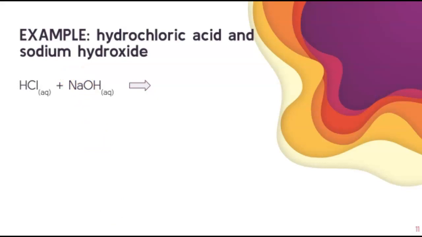Okay, so as it turns out, neutralization reactions are just a type of a double replacement reaction. We've seen those before. Remember, in a double replacement reaction, like the positive things swap places, right? So the H and the Na is going to swap places. That's it. So let's take a look at how that would go. If the H and the Na swap places, that means that the Na is now going to be connected to the Cl, right? Na is +1, Cl is -1, so that's it. What state of matter is that going to be? If I look up on my solubility rules, anything with Na is always soluble, so that's going to be aqueous,